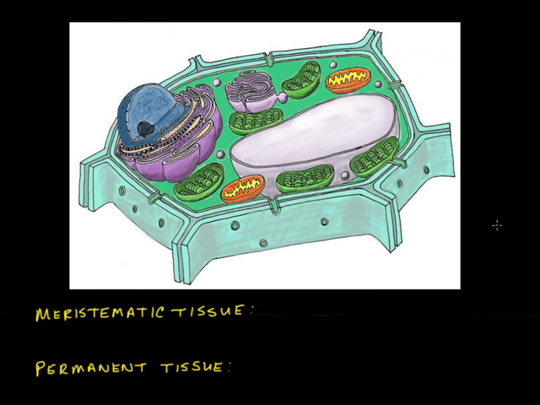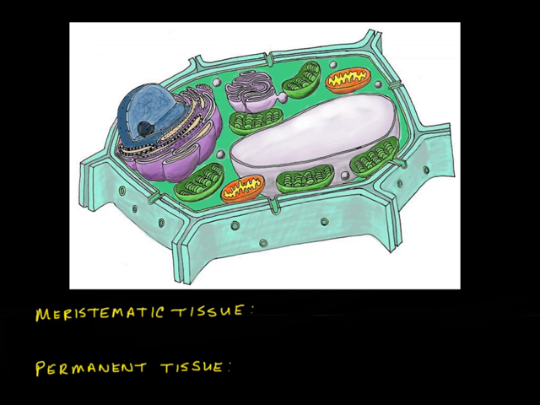Now that we're familiar with the various parts of a cell, we need to talk about how cells work together in groups. Each cell is equipped with a nucleus, which has the entire owner's manual, so to speak, in the form of its DNA code. And it spells out specifically what this cell is going to do throughout its lifetime. But initially, all cells are in a generic form, and they haven't really matured into being able to do one thing or another. And so a group of cells which mature into, or what we'll call differentiate into, a certain